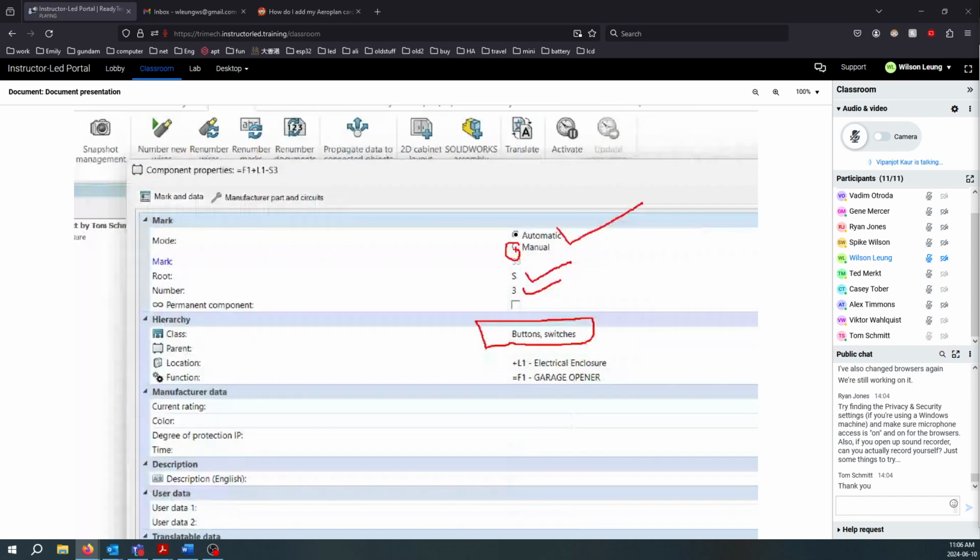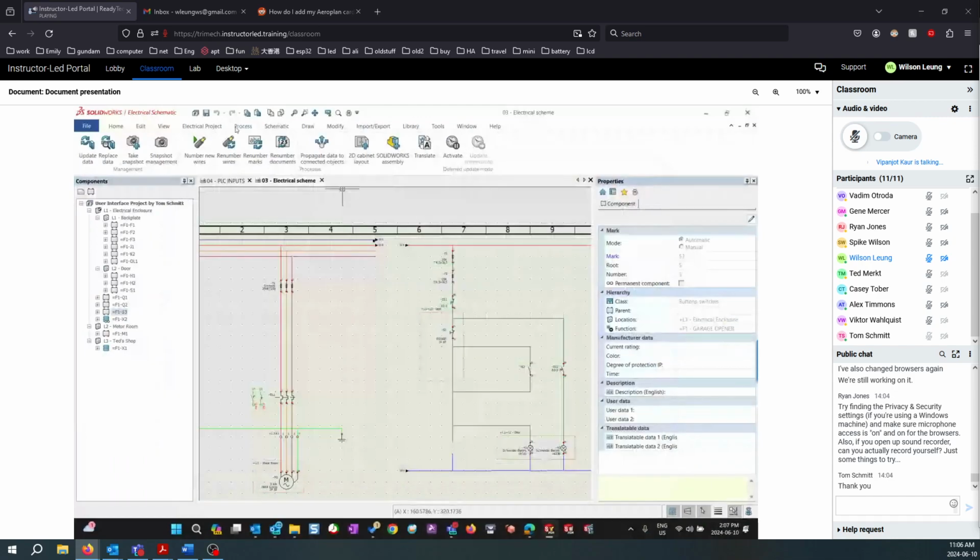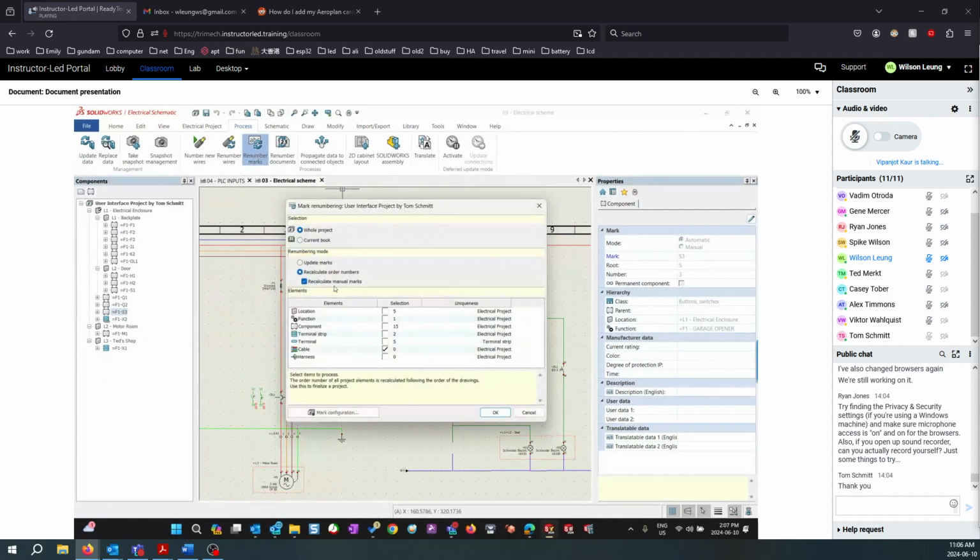I won't make it manual and make it S2. No. So I would go to the process tab, click on this button called renumber marks. We'll do different sorts of renumberings throughout our lessons. When I click on renumber marks, it's asking me, VIP,